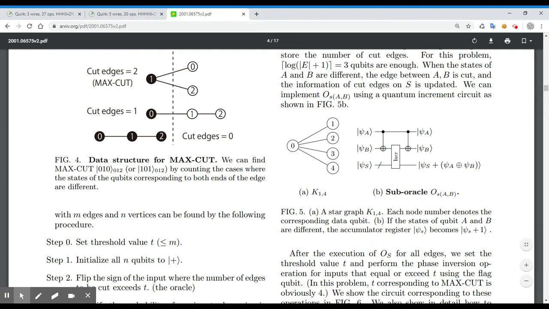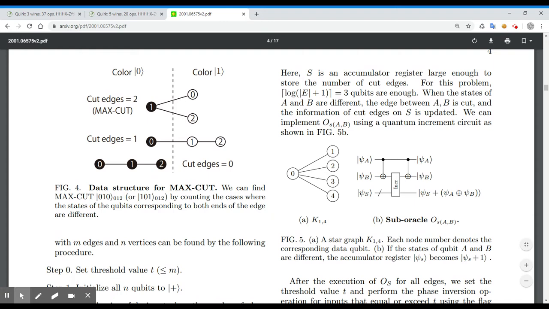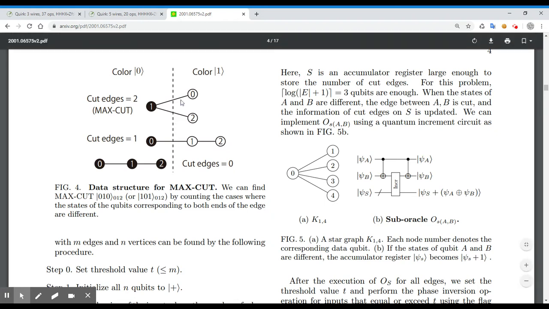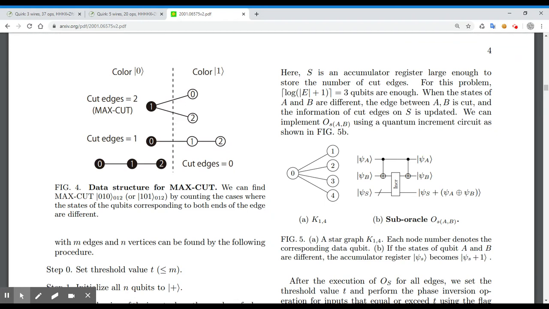But I mean that is a star graph as well, right? The one here. It's just that the vertex one is when you're virtualizing, and here you are virtualizing the vertex 0. But it's still